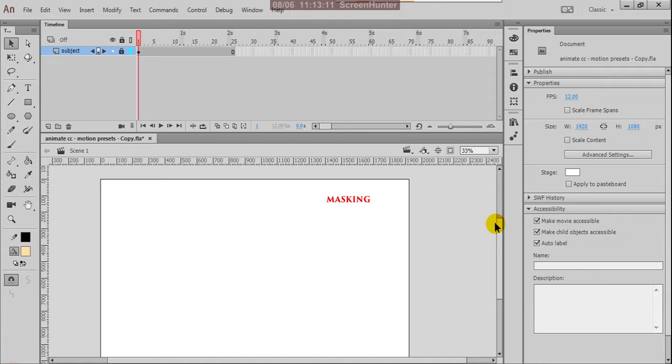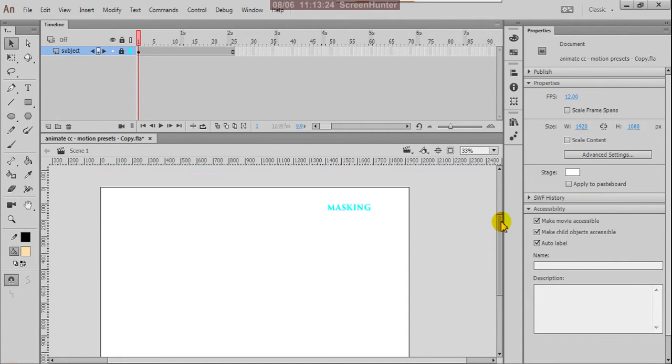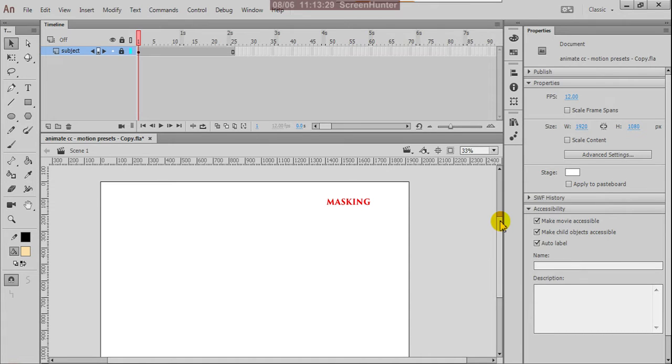In Photoshop and Illustrator, we mask a few areas. We hide a few portions of the image. The same way, in Animate CC also we can mask some portion of the animation. You can mask an image also, but you can also hide or mask a few areas of an animation. Let us check how to do that.